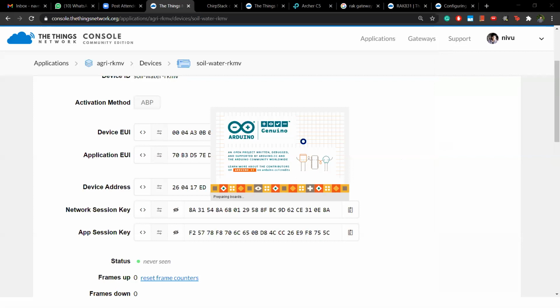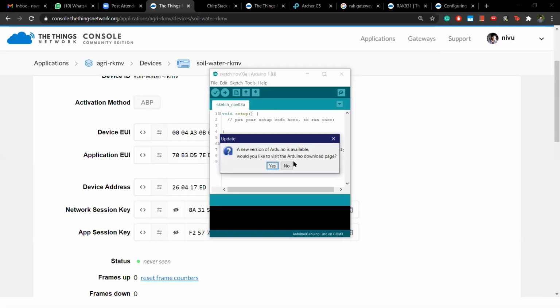You can code it with any language: Arduino, Python, or JavaScript, it's up to you. It can be used with any kind of architecture. You can use Atmel, Microchip, or ARM architecture, so the choice of board is up to you. For everything, the code and the logic will be similar. Now let's open Arduino.